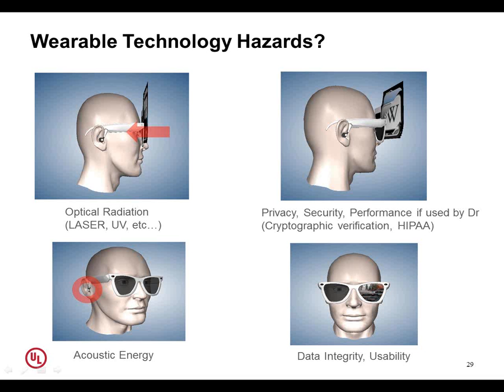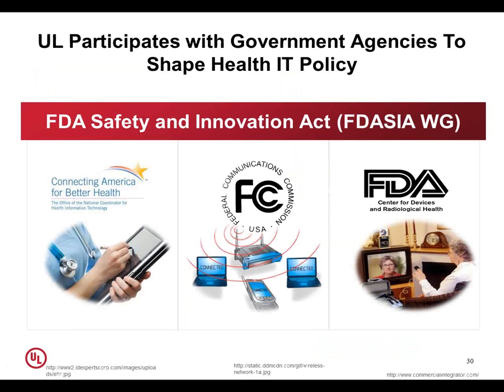So UL works with a number of different government agencies really around the world. Here we've shown some in the U.S. So we participated in the FDASIA working group last summer, which helped FDA, which is the Food and Drug Administration Center for Devices and Radiologic Health, work together with the Federal Communication Commission and the Office of the National Coordinator to determine what types of regulations might be needed. They wanted to understand how to deal with risks from